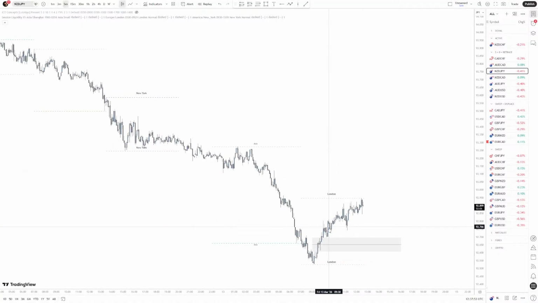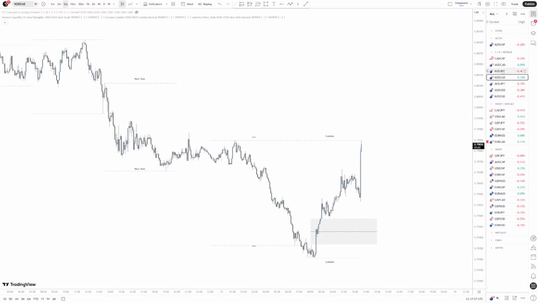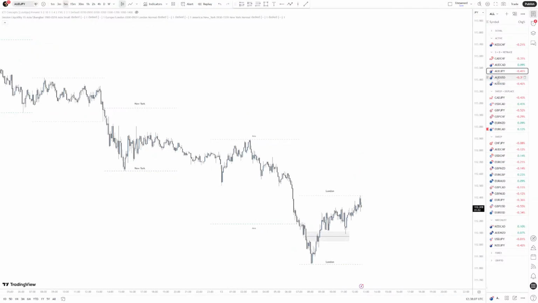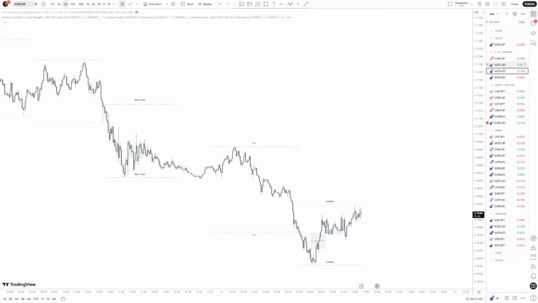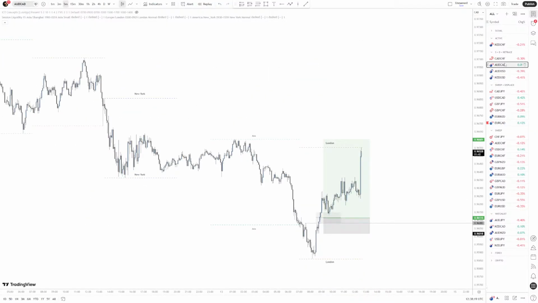NZD JPY. We're looking at this displacement. Didn't get a retracement, so I can go back down to watch list. NZD CAD, again, it's another CAD pair. We didn't even come back down to entry anyway, so there's that. That'll be back down into the watch list. AUD JPY, we almost came back down, but we didn't come back enough for us to get in. And so that trade is gone, at least for our strategy. Entry's gone. This is already at TP. I can go to watch list.